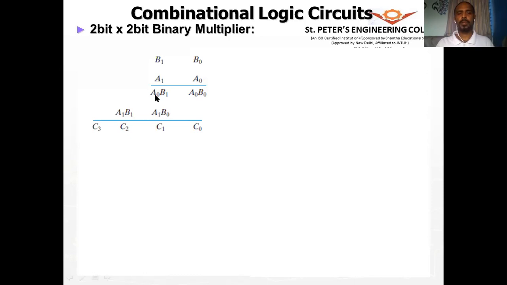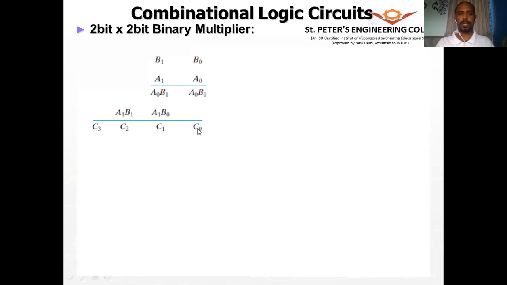Whereas the product of A0 B1 is added to the product of A1 B0. So when we add these two, we get the sum, and this may result in a carry, right? As we are adding two bits, this result is a bit, this result is also one bit. So when we add two bits, it may generate a carry, right? Whereas here we are not adding any bit. So when you multiply one bit with another bit, we get only one bit.